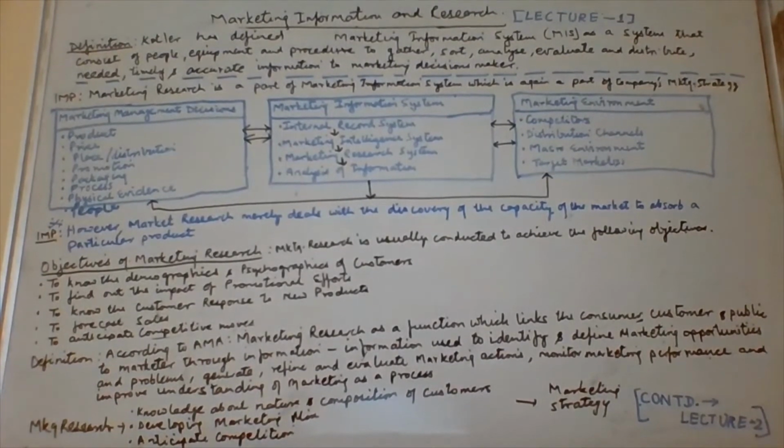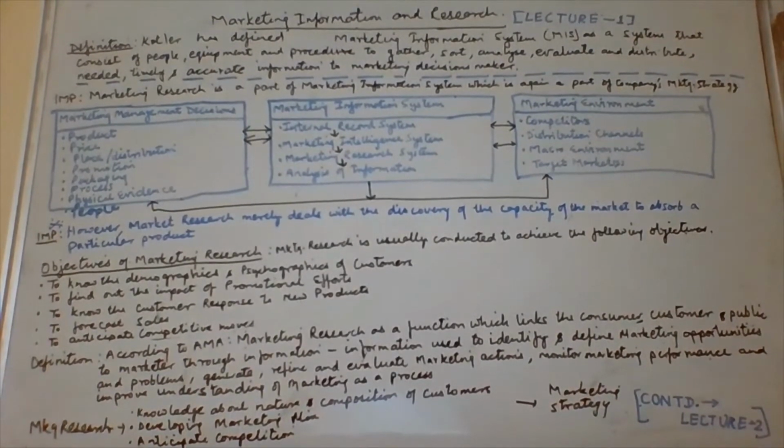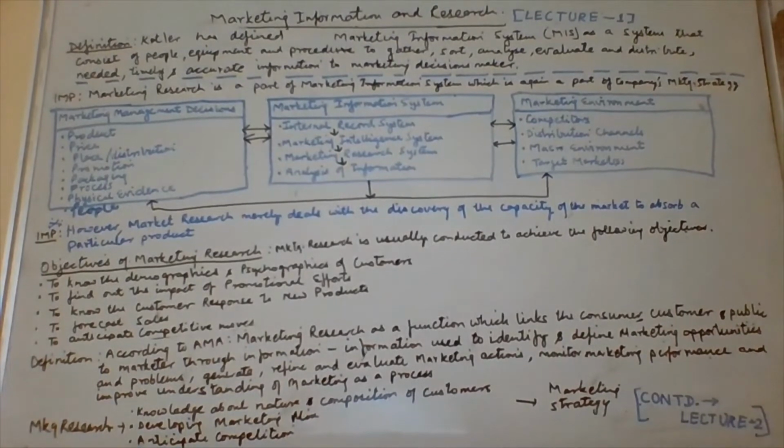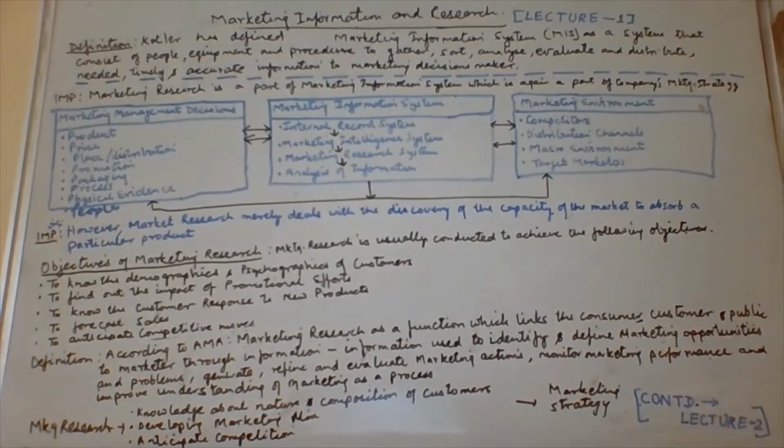And if my product is, say for example, a shaving cream for men, then the composition would be as to how much is the male. For example, there are 60% males and 40% females, so the total market for my product would be 60%, and we look at how many users there are in the given set. So this is just an example to understand the composition of customers.